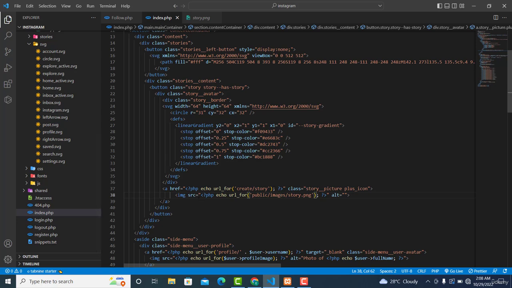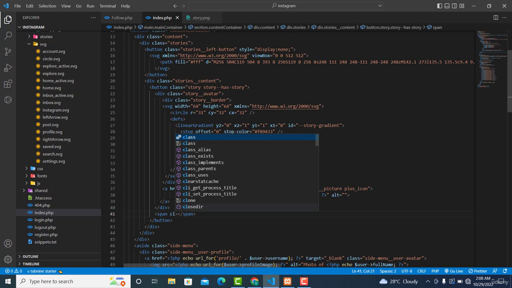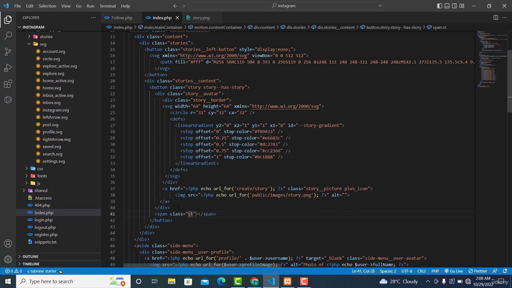Okay, so outside this div but still inside the button, we also have a span with a class of story_user. Then this one we create story. So outside this button, which is this one,